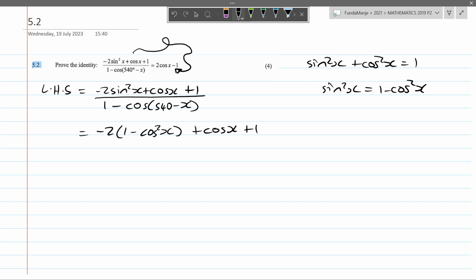Now, when this is done, I can move on to the bottom part, the denominator. And the denominator in this case is 1 minus cos 540 minus x. Now, I obviously have to do something about this 540 minus x. I cannot see any 540 over there. So in order to reduce this, it's important to note that 540 is just